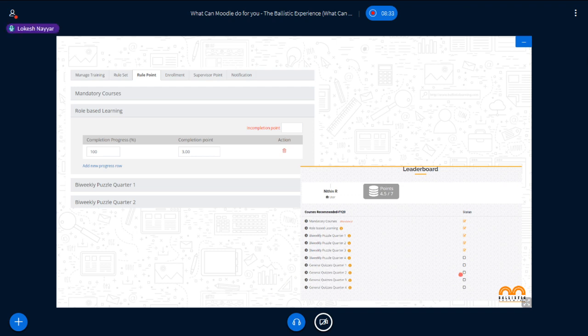So this is a screenshot of the point system engine. For every course, we were assigning a point depending upon the completion and progress. This is how a user would see his dashboard. You had mandatory courses, you had role-based learning courses, and for every status, the completion that a user has done, this used to get ticked.